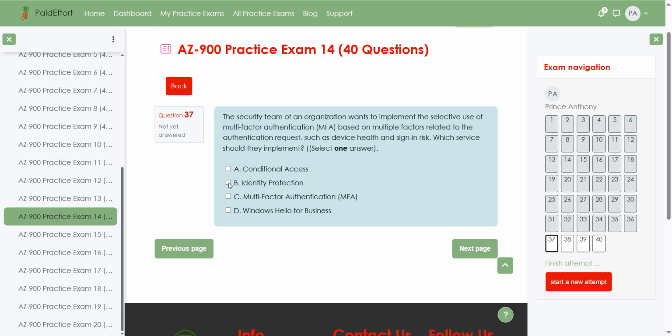Now let me explain. Identity protection is specifically designed to use risk-based policies that evaluate signals like user behavior, sign-in risk, and device health to decide whether to enforce MFA. This makes it the ideal choice for organizations wanting to apply MFA conditionally, rather than always on. While conditional access can control access based on conditions like location or device state, it doesn't handle automatic MFA enforcement